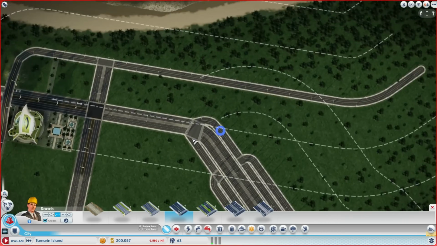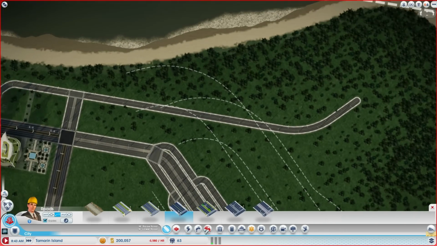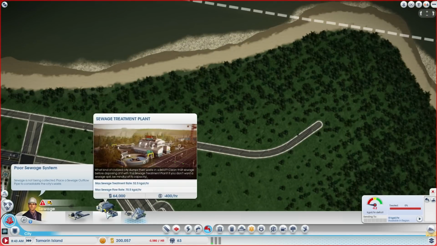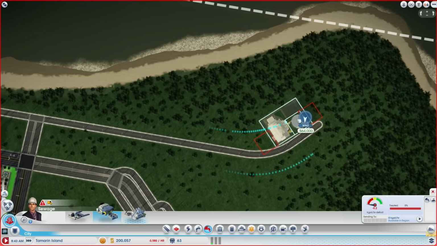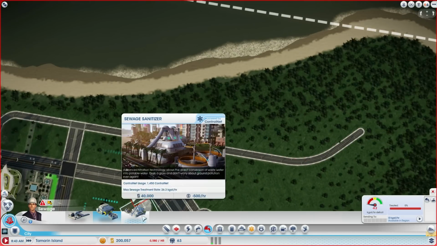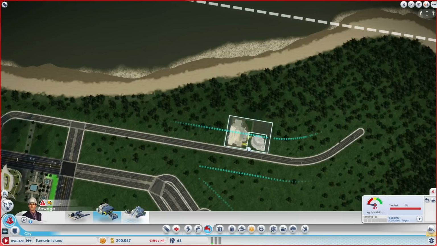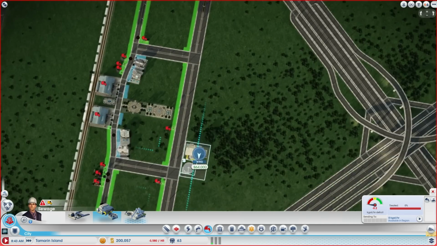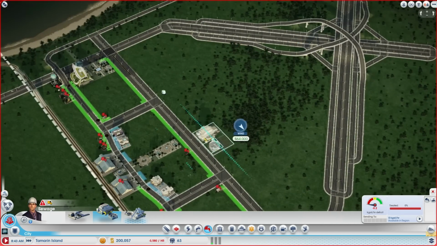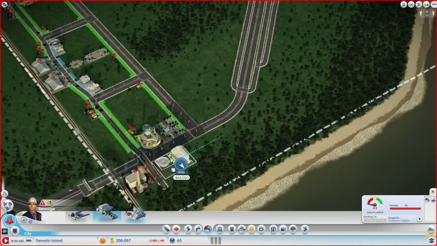That should allow us to build what we wanted over here, which is our sewage treatment plant and our water treatment plant. We'll eventually move to this, but for now we'll just do this to save us issues with the whole ControlNet. ControlNet is basically the power that comes with the new expansion pack, and the problem with ControlNet is you need a separate power source,